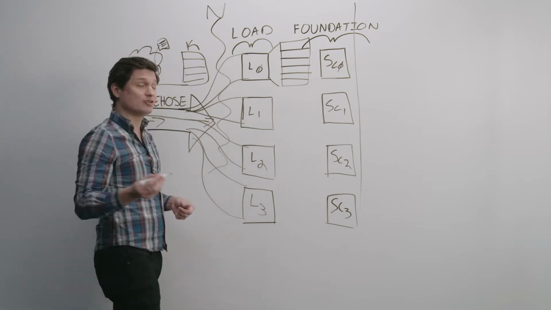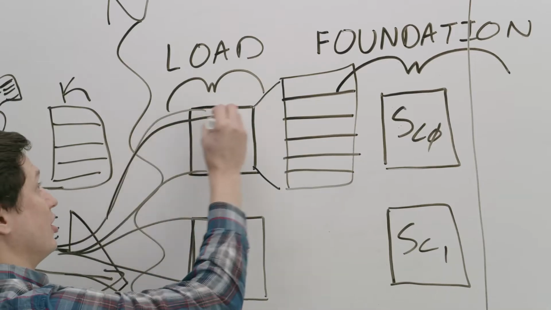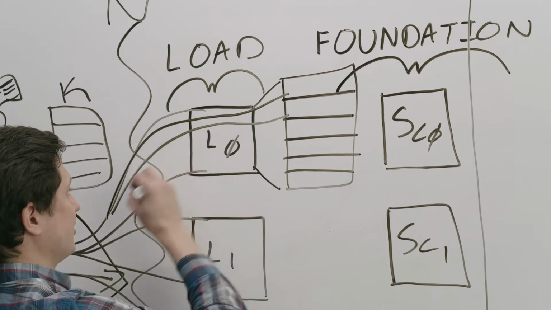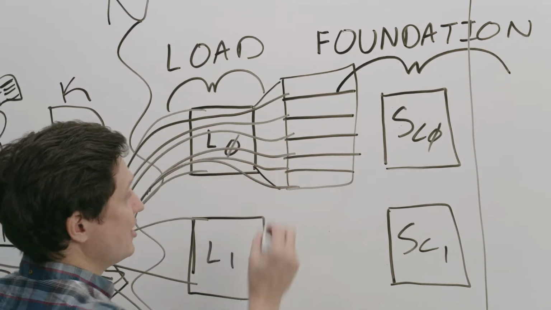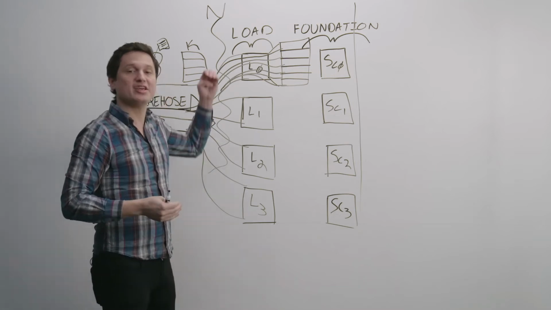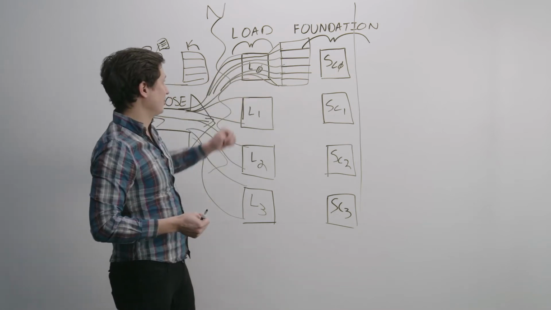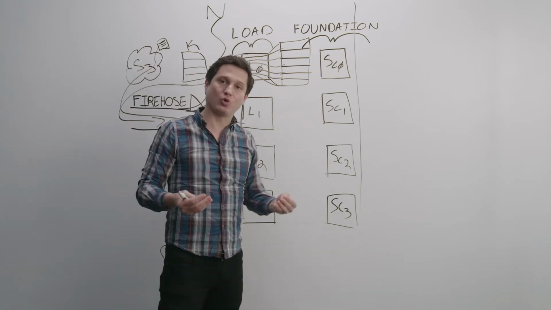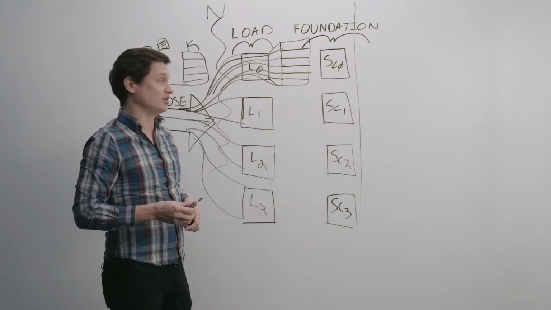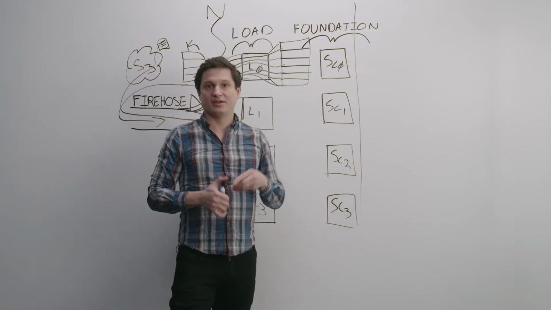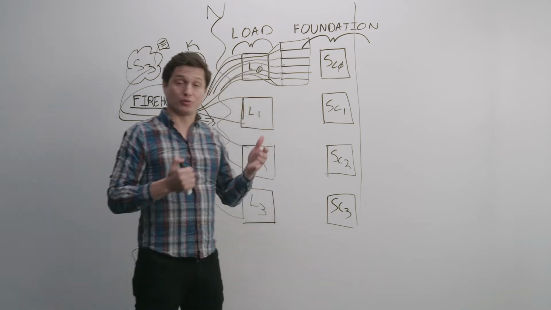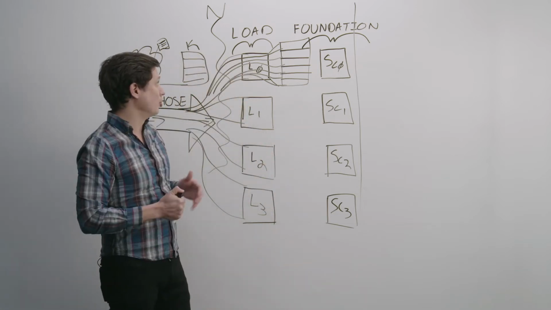Then, within each loading node, the amount of information that it is processing is further subdivided such that each of the disjoint processing units within the node is working on a subset with minimal coordination with the other units in the same node. Now, it's difficult to say exactly how much throughput or rows an individual node can handle.